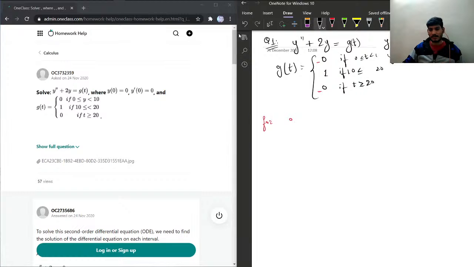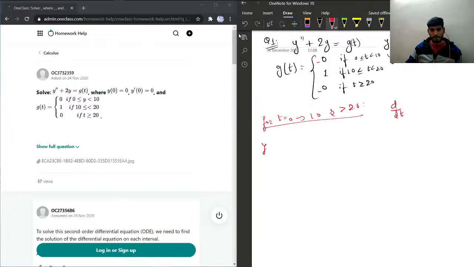So for t equal to 0 to 10 and more than 20, we have the differential equation, and this y is the derivative of y with respect to t,